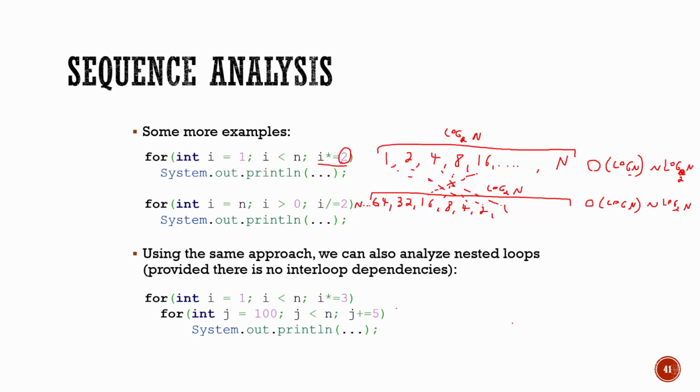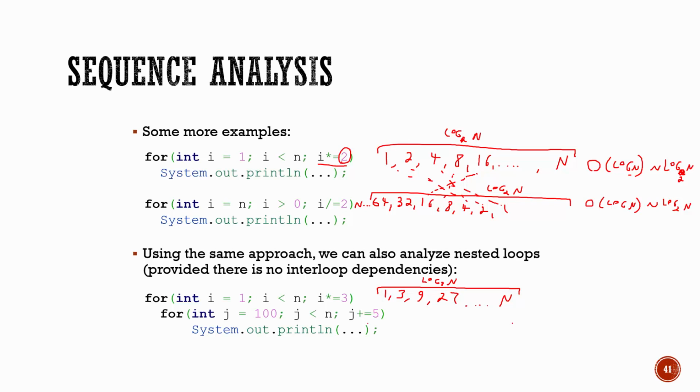Okay, so let's go ahead and give this a go. My first loop goes from 1 to n and multiplies by 3. So how does that look? Well, I start at 1, I go to 3, I go to 9, go to 27, all the way up to n. So we're following the same process we had before. What I want to figure out is how many entries there are in this sequence of values of i. I'm multiplying by 3 each time, and I'm increasing at an increasing rate. It sounds like a log. It's going to be log base 3. So the size of this thing is log base 3 of n. That's how many times the outer loop runs. So I feel pretty good about that.